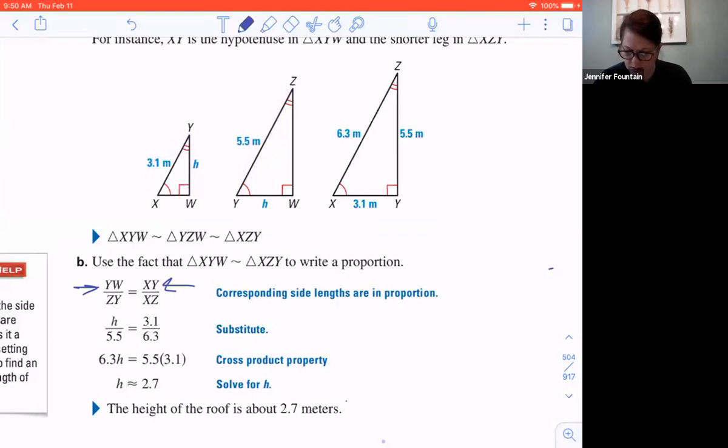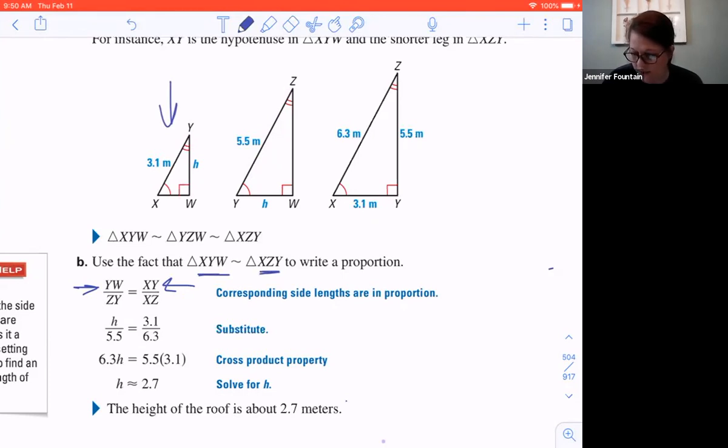Am I looking at the wrong thing? So I'm comparing, I guess, first of all, I need to make sure I'm looking at the right triangles. I'm using XYW, and comparing it to